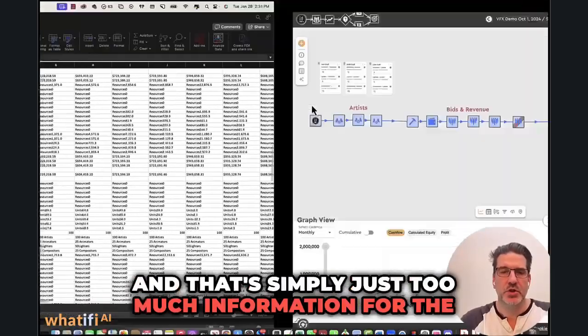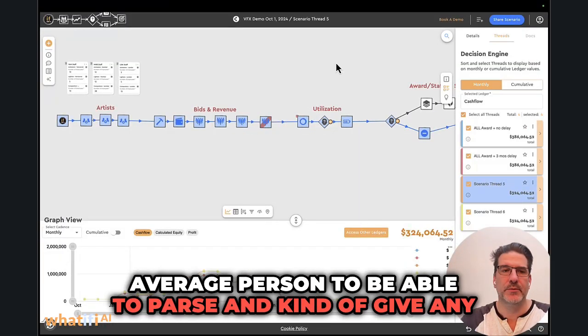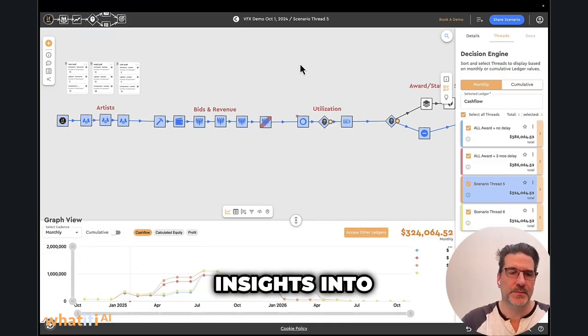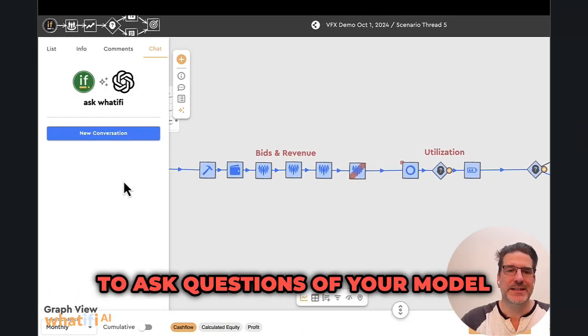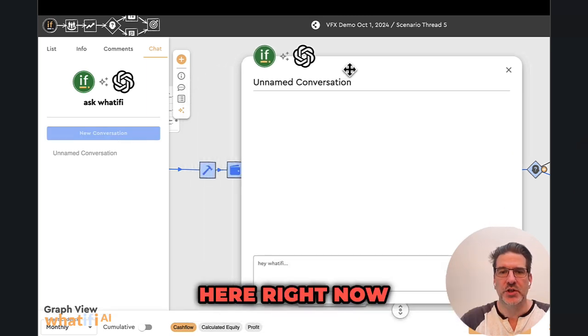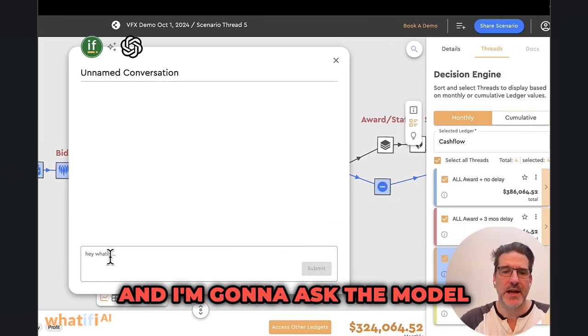And that's simply just too much information for the average person to be able to parse and get any insights into. So that's where our OpenAI integration has come along. So you now have the ability to ask questions of your model. So I'm going to start a new conversation here right now, and I'm going to ask the model,